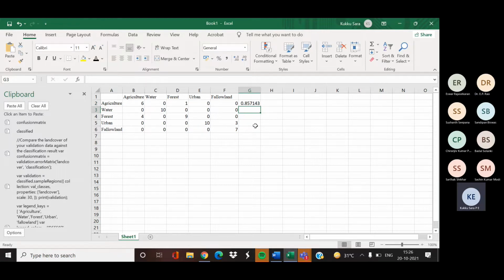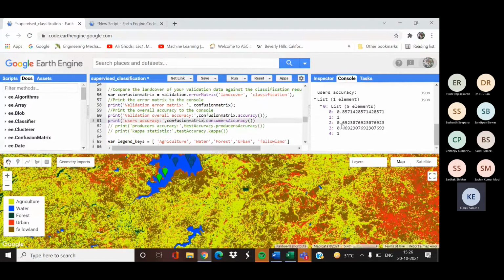So that is listed here for each category. Agriculture is having a user's accuracy of 0.857. Water is having a user's accuracy of 1. Then for forest land, it is 0.69. Similarly, for urban land, it is 0.769. And fallow land, 1.